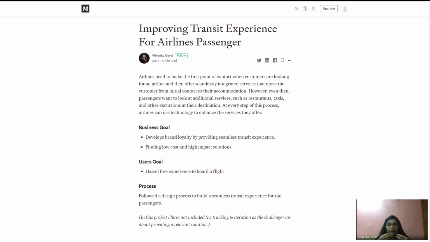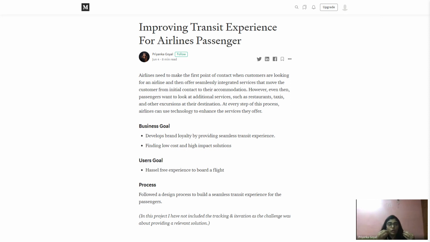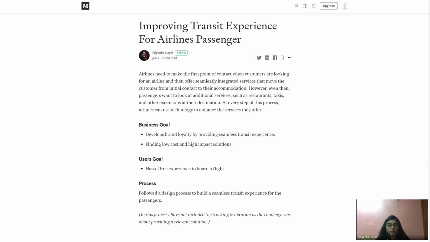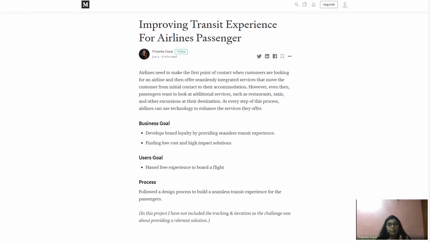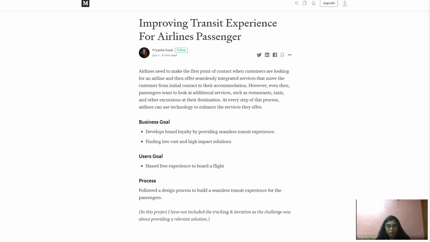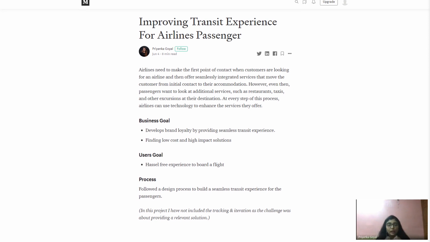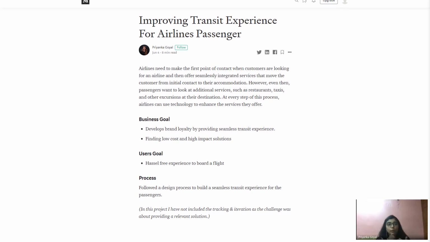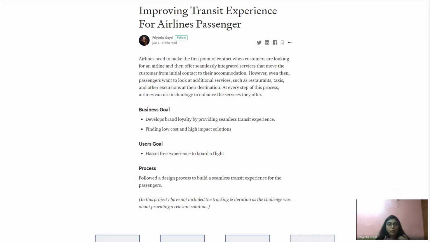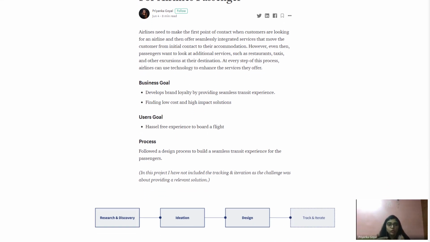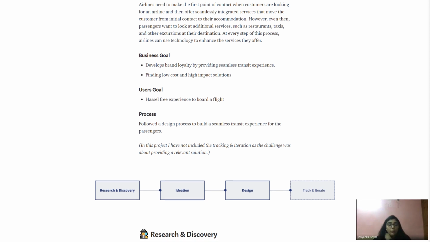The main idea is to highlight the business goal, because at the end I'm creating something for the business, and at the end I'm also creating something for the user. So it is very important to show what kind of business goal and user goal you will be solving through your project.